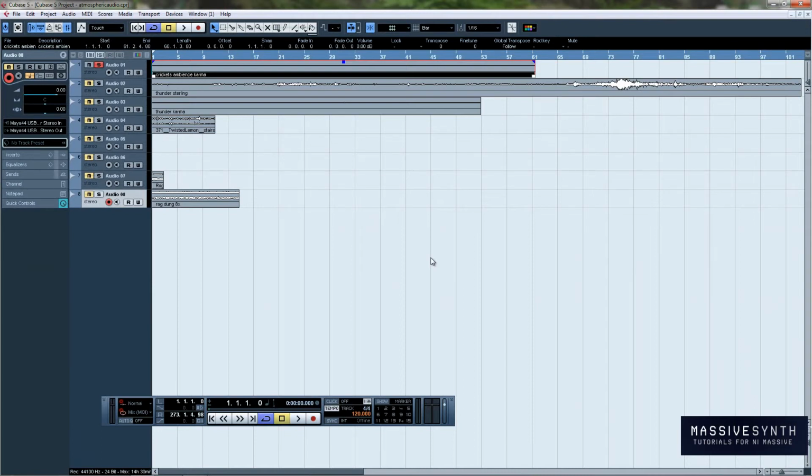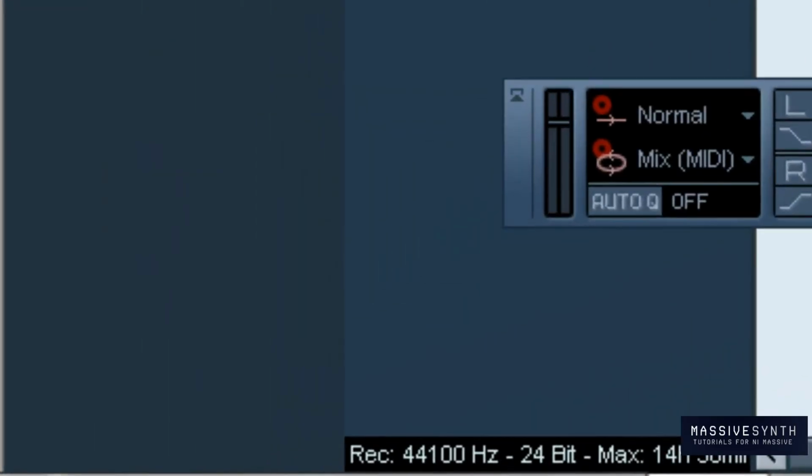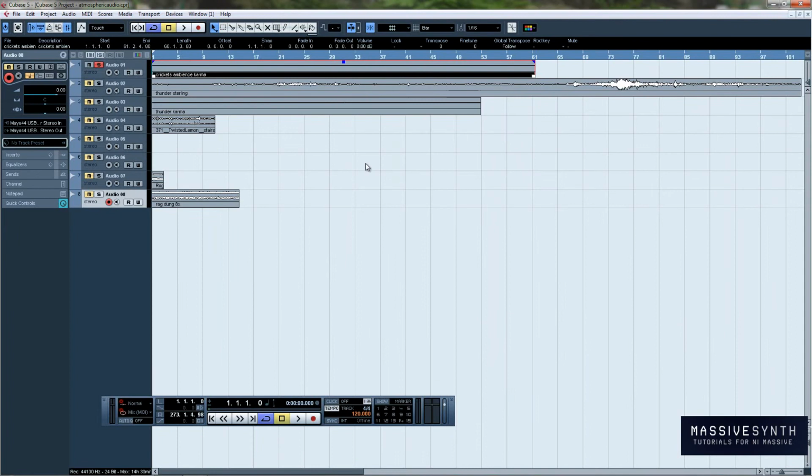Obviously, you want to have the highest bit rate when you're recording as possible. Right now I'm just working in 24-bit. And I believe I recorded it at 24-bit. I'm almost positive I did. I usually do all my files. But if you can afford to do a higher quality, it's not really noticeable for me in my sound card, or otherwise I'd be doing it at 96. But before I start getting into audio nerdery, we are going to take a look at how to clean